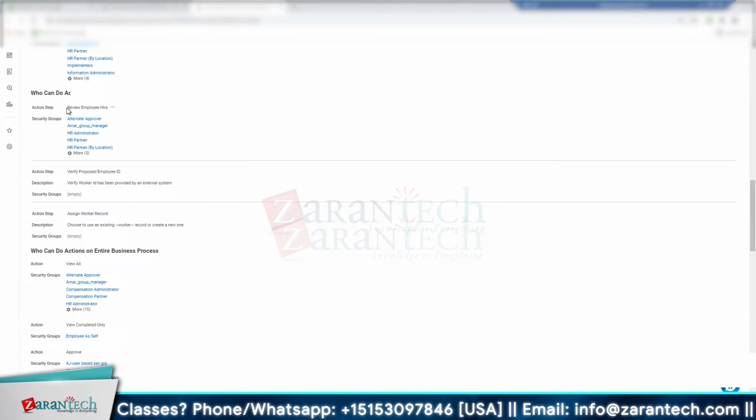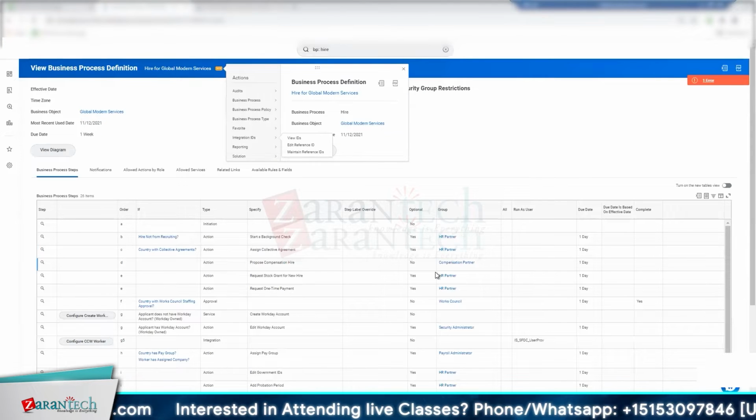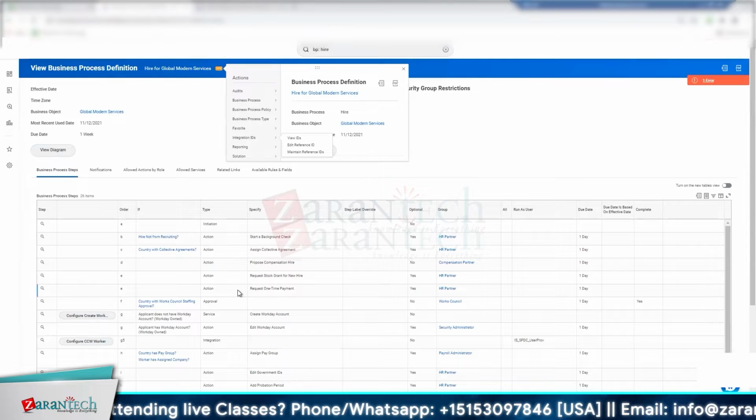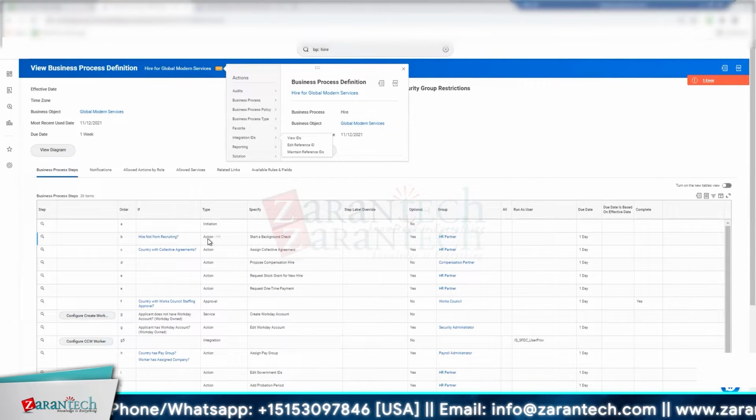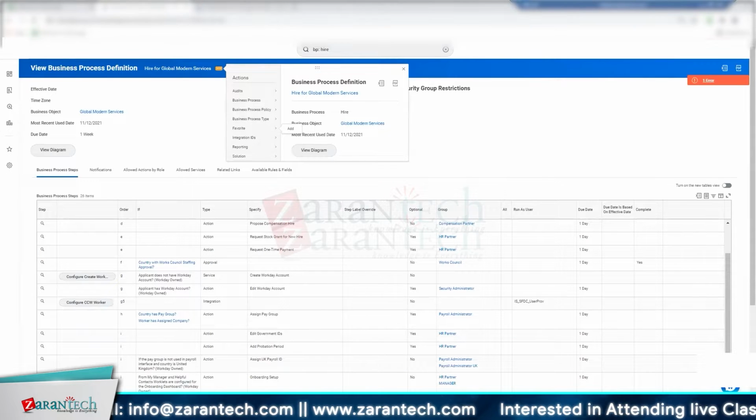So the person that needs to review the employee hire, these are the security groups, the users in the security groups that will have access to this. And on these different areas, if you have a specific security group listed, then that's how you're going to be able to pull from the group. So if I'm saying access to, let's say,